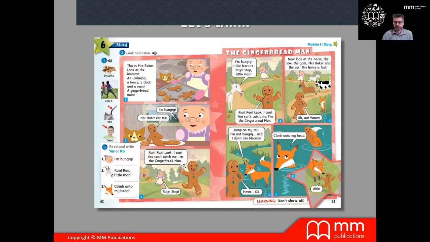Okay, now, in our books over here, as you can see, we'll have a story, okay? And again, we are promoting critical thinking always through our stories. But also at the bottom here, we have a little value, a little meaning. Like, this is about the gingerbread man, and the value here that students are learning is: don't show off, because there'll be a price to pay if you show off, okay?